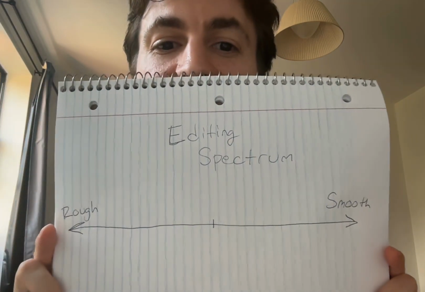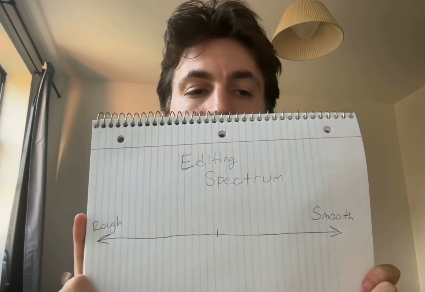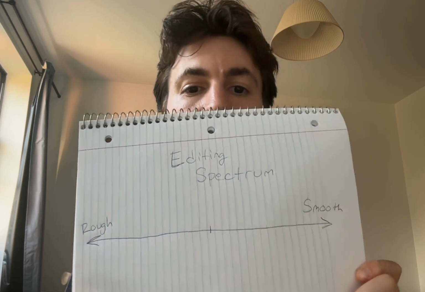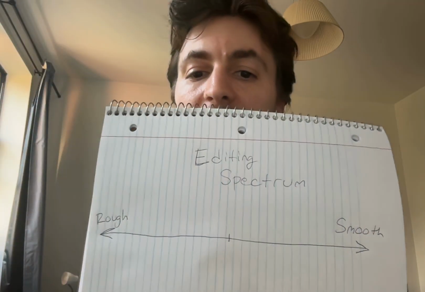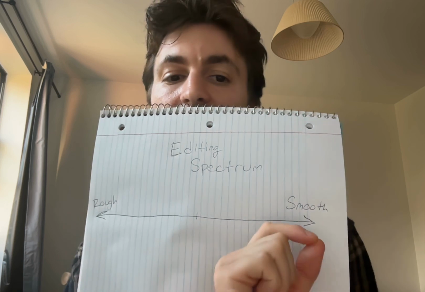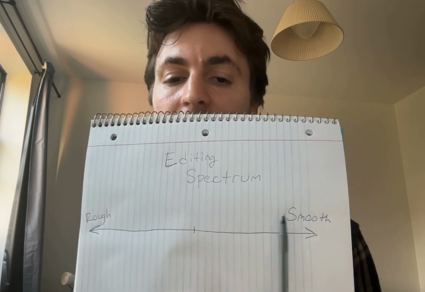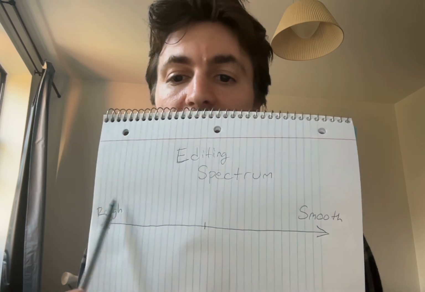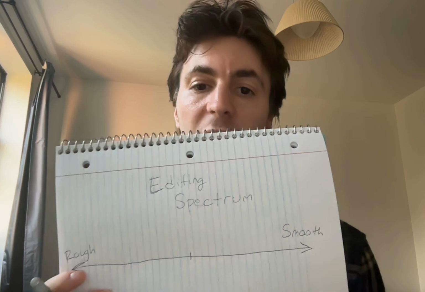I'm just going to break this down, and we'll talk about one specific example, and this is the editing spectrum. So when we talk about this, just note that when you go to Lightroom or your editing software of choice, you're going to be met with a lot of sliders. And on these sliders, you can move the slider to one side or the other. And right here I have smooth and rough, and that is just in relation to skin softening. This is one aspect that we can change